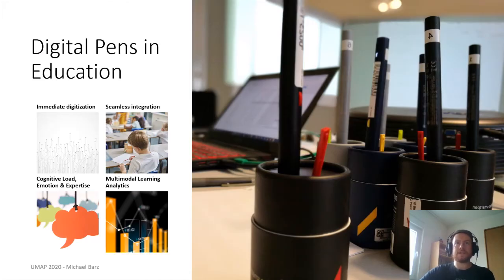So why are digital pens interesting for being used in education? First, they enable immediate digitization of handwritten contents. Second, they can be integrated seamlessly in the classroom or at home, for example, when doing homework. And novel pen technology is really unobtrusive. As you can see on the image on the right, they look like usual ballpoint pens. And this is even more important with children as a target group because they can be even more distracted